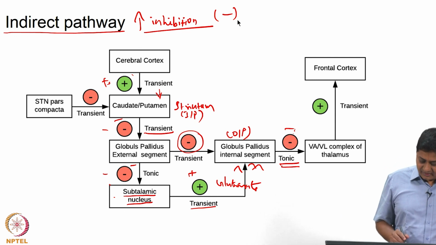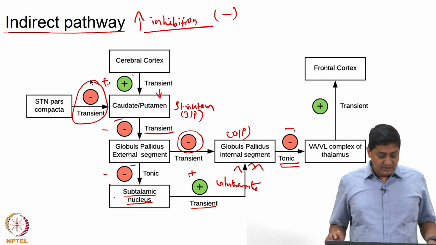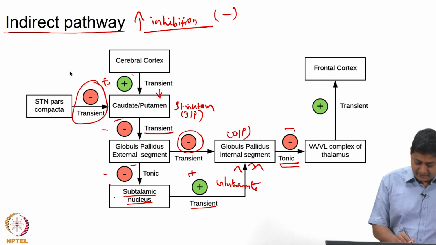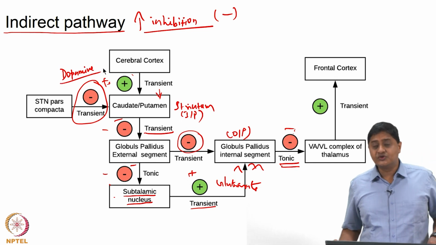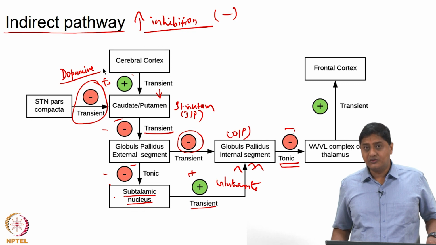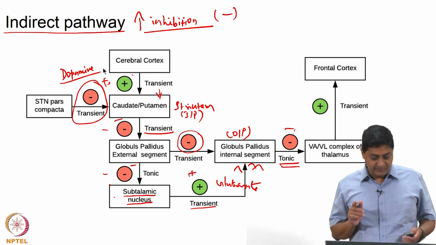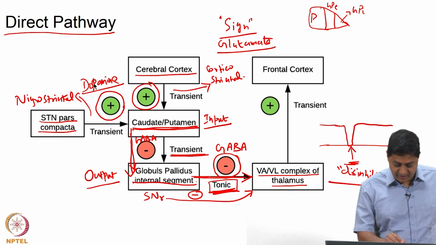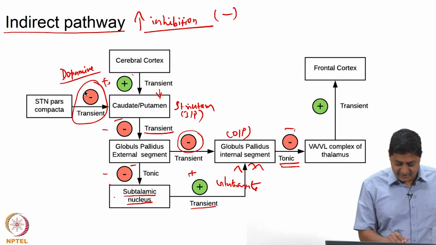Something else is also there, that is what happens here. Here you have a different situation. Dopamine, which I said is usually an excitatory neurotransmitter, in this case acts as the inhibitory neurotransmitter for the indirect pathway. The details of this we will discuss in a future class, but please see the direct pathway. Here I said dopamine has a plus sign, but in the next slide I said in the indirect pathway dopamine has a minus sign. Why is this?